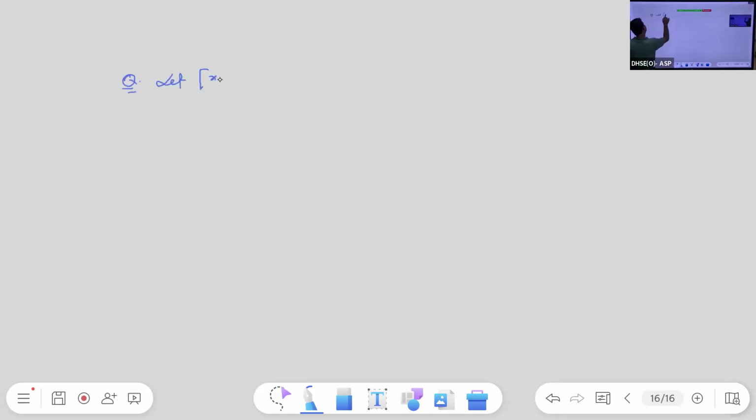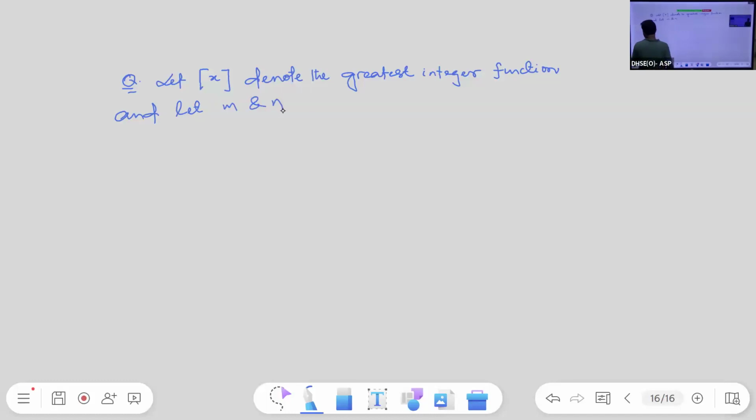Let [x] denote the greatest integer function, and let m and n respectively be the number of points